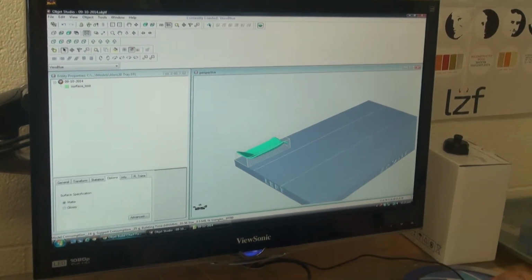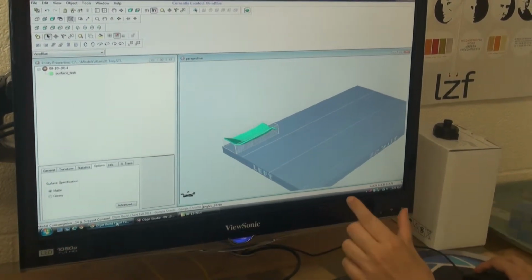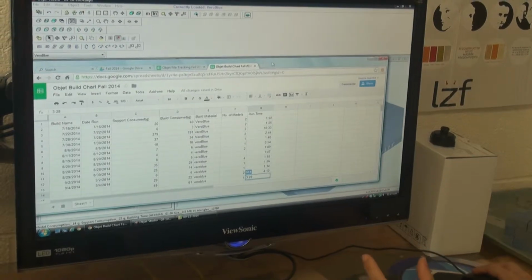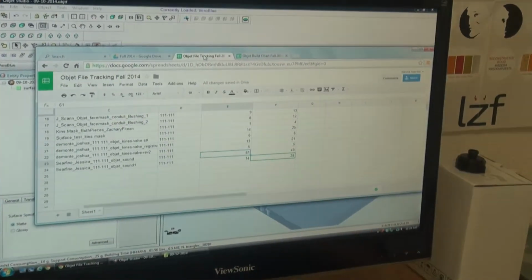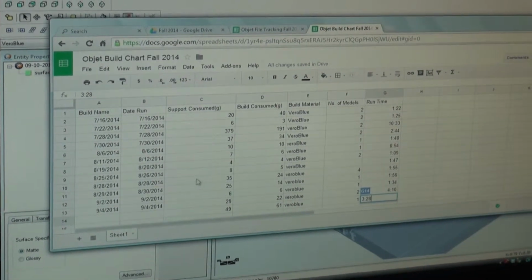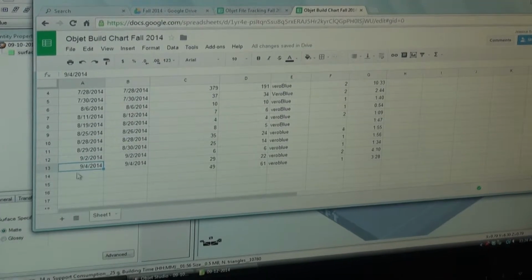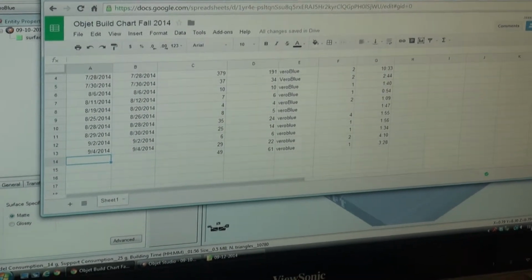But before we do that, we want to make sure that we load the build information into its own Google Doc. So we saw the file tracking one for each of the files. There's also one for each and every build. So for this one, we're planning on building it